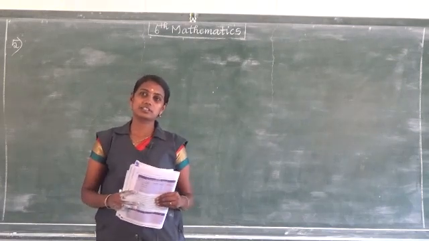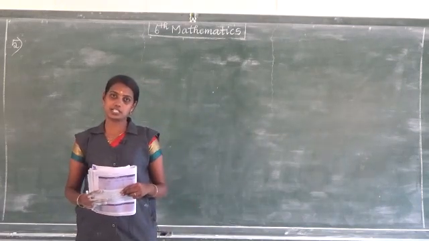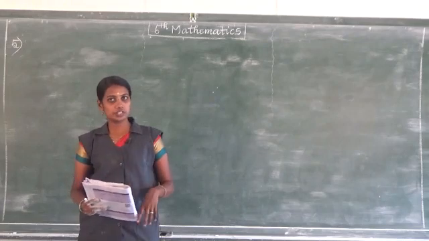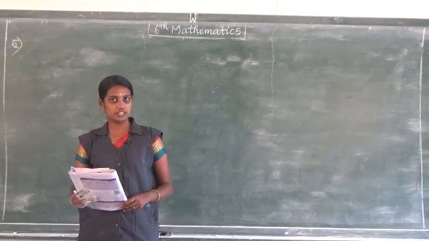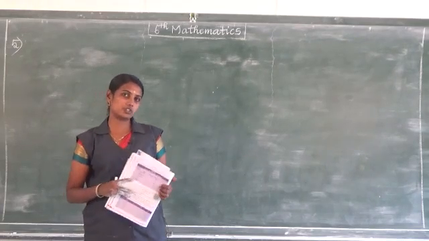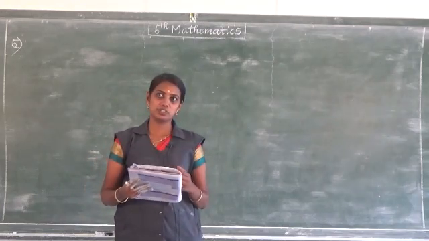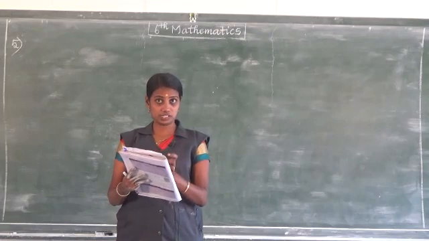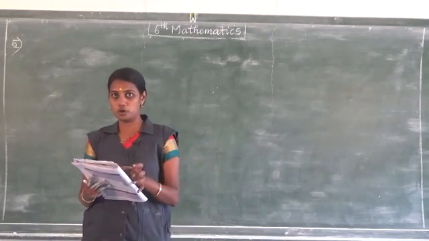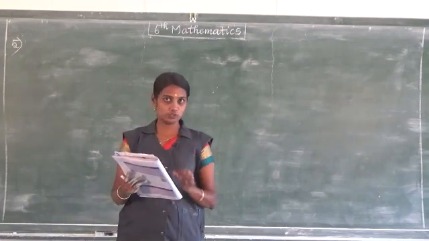Last class we completed till question number 4 in exercise 3.1. Now we are going to start exercise 3.1 with question number 5. From question number 5, hereafter, we are going to see word problems. So you must understand the words, whether it's purchased or bought or sold. These are the clue words for you.